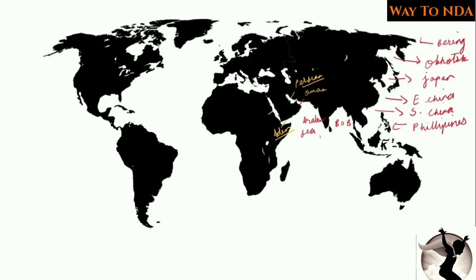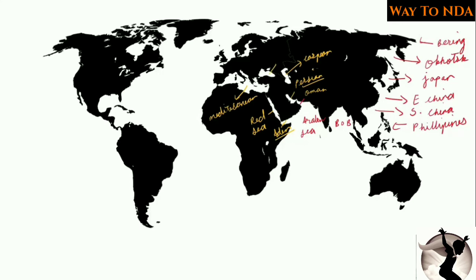This is the Red Sea. And here you will find the Mediterranean Sea. Simultaneously keep on marking in your atlas also, so that you have this handy material ready for revision before the exam. So this is the Caspian Sea,